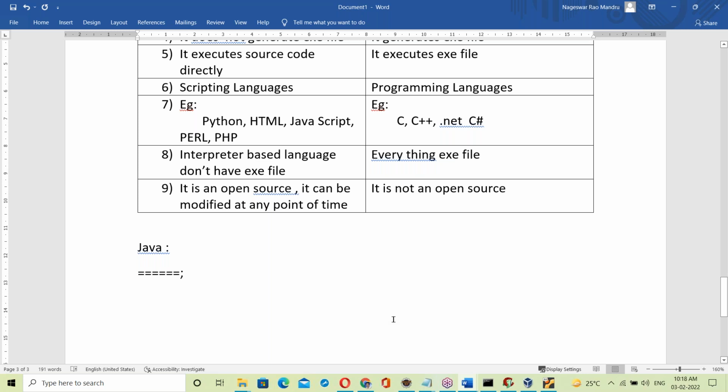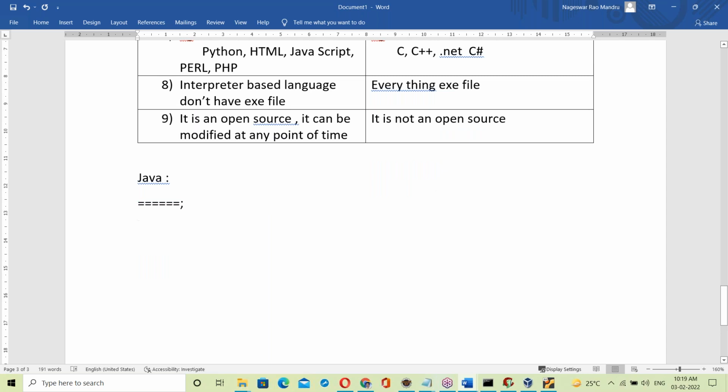Yeah, let me explain, and you decide. Okay. First, I'll explain about Java. Just let me explain about Java, then finally you decide whether it is compiler based or interpreter based. See,